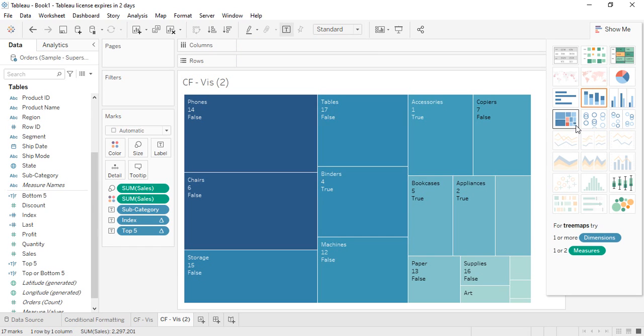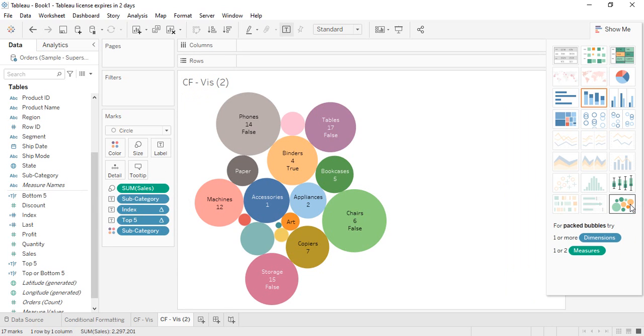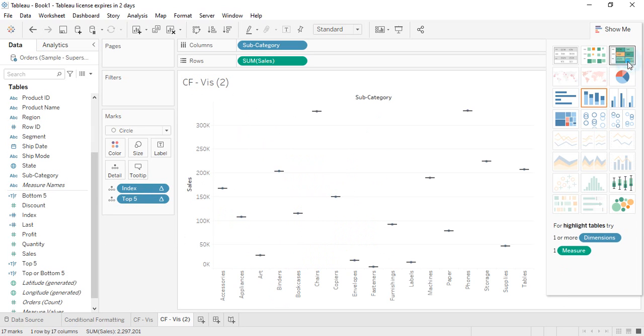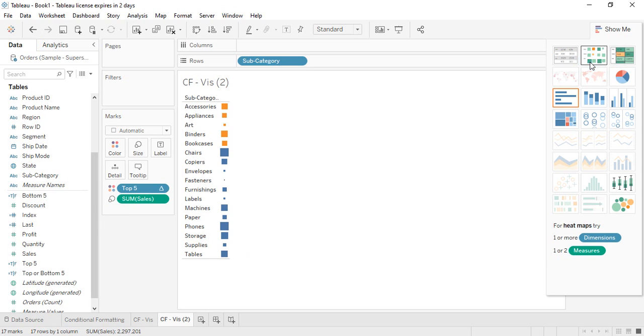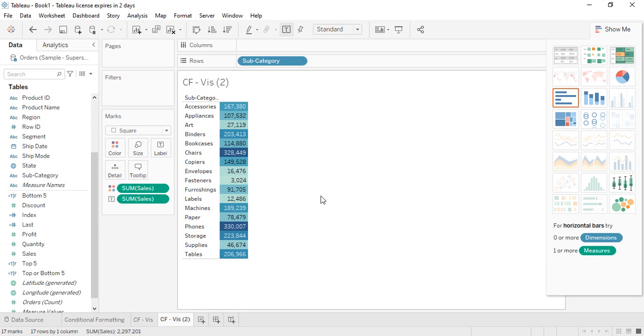You can create a tree map in this way actually, and work your way through it. You have this packed bubbles also that you can work through. You have all these charts that you can work through. Okay, so all these visualizations would be provided like this. So that's how we can work with these different kinds of visualization. Of course, you need to figure out what changes you are gonna perform in which visualization, and that would work for you.